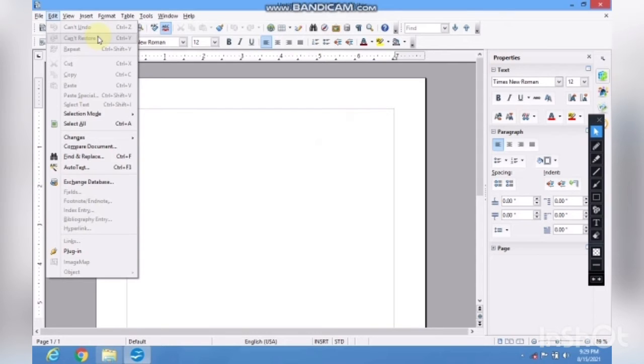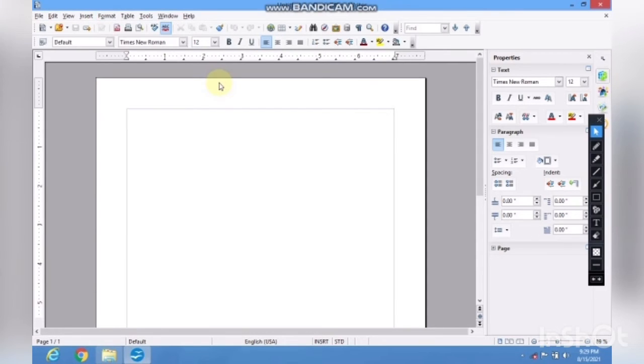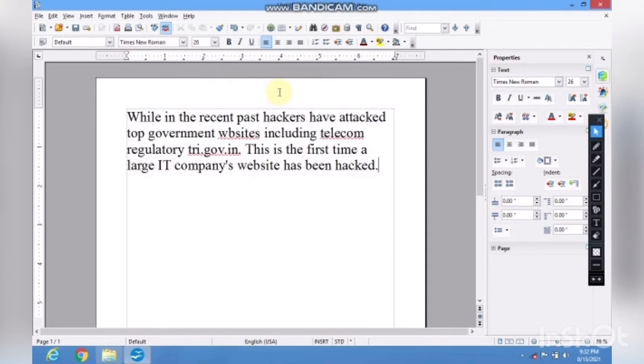Now we will see a few things practically. So for that I will type some text in my text area. Once I write, you just wait for that. Now here you can see between the text and the page border, okay, this distance is called your margin, okay.